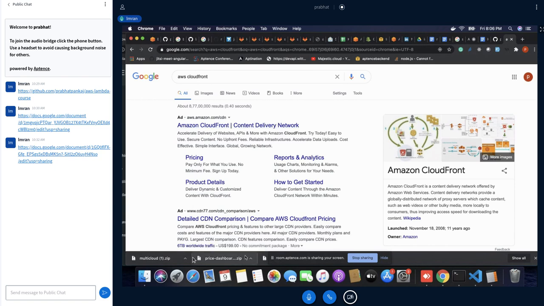CloudFront is just a replacement for your EC2 instance. If you have a static website, you may not require an EC2 instance in order to run it. You can say some informative website, like a blog. Blogs are mostly static in nature. Static means if you have an informative website, like your company's, it won't change frequently. If you have that kind of requirement, you can use CloudFront or you can use an S3 bucket. You can deploy your website in an S3 bucket as well, with an SSL certificate.